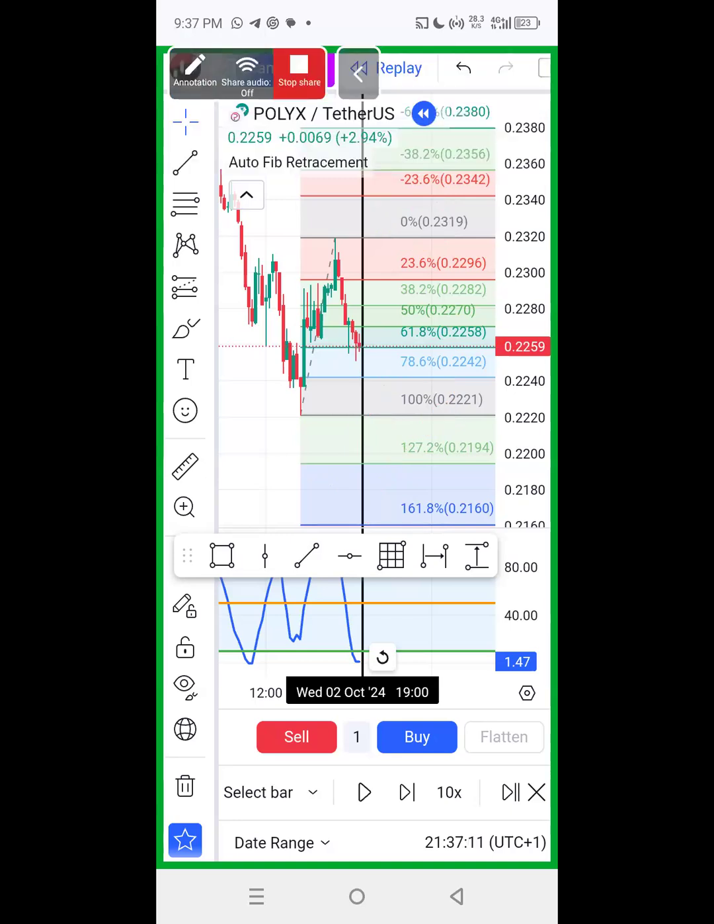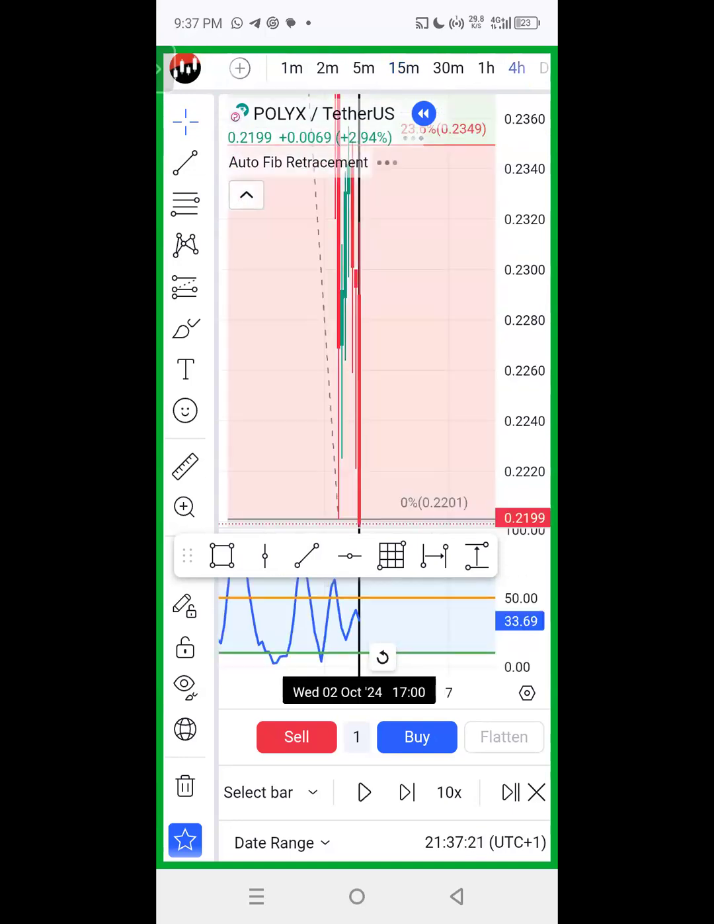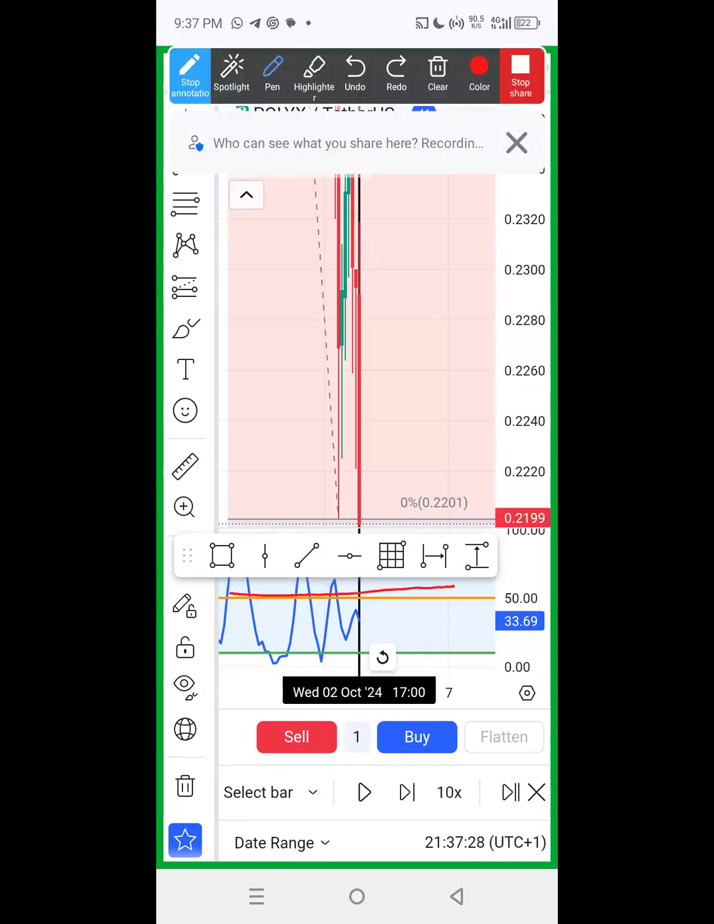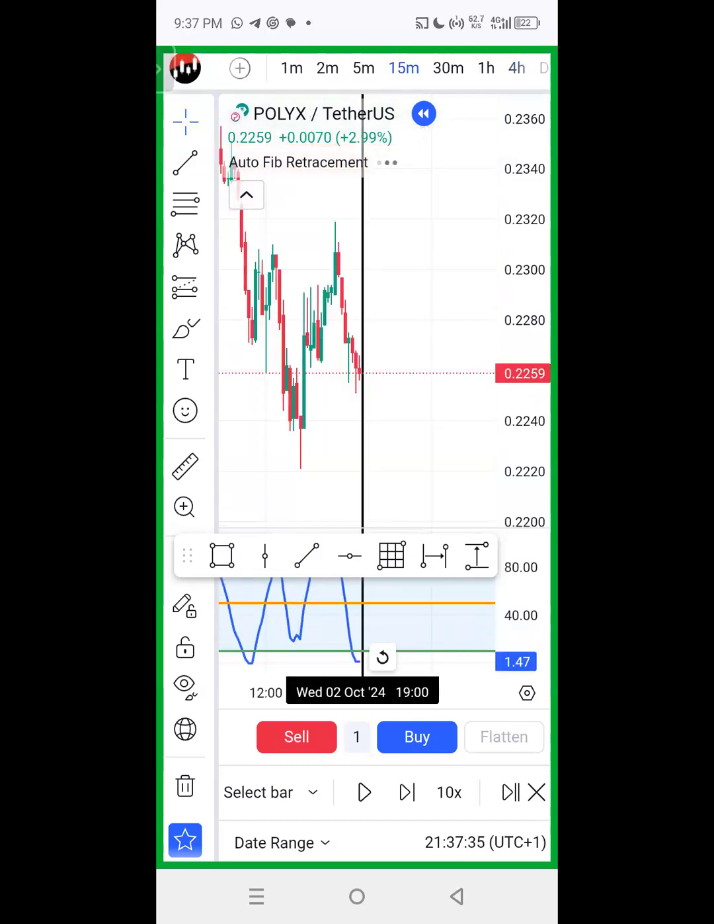Now I will go to the 4 hour. This is 15 minutes. I will now go to the 4 hour. On the 4 hour, what is it saying? I need the stochastic to be on the orange line or below, and I need the RSI between 0 and 50. Everything has been met. So I'll just go straight to my 15 minutes, pull the trigger,